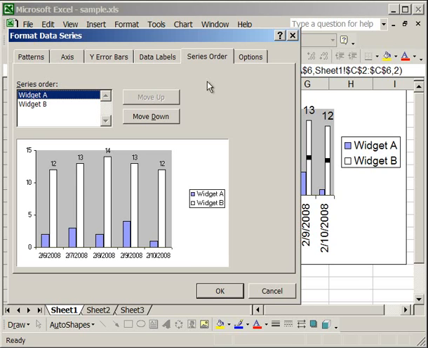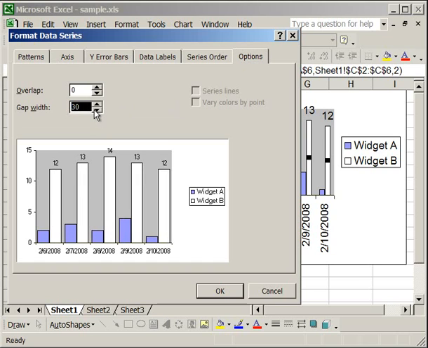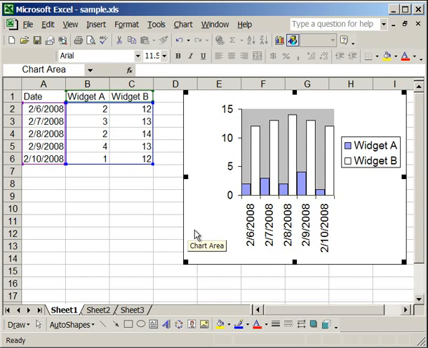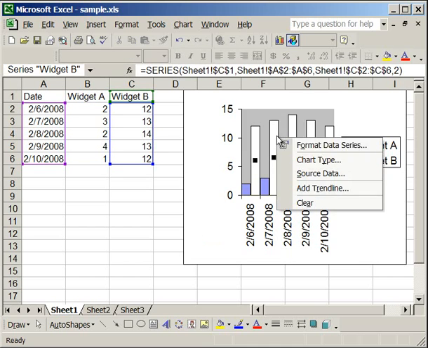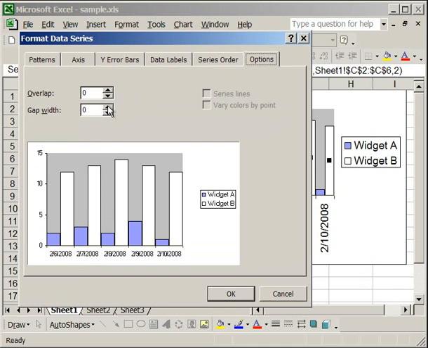Now, moving to the Options tab, what you can do here is change the spacing between the columns and also determine the overlap. So for instance, I'll reduce the gap width to 0. What that's going to do, you'll see in the sample chart, is make it so that there's no spacing between the columns. So here we can see the final effect. Also, what you can do, I will put the gap width back at 100,